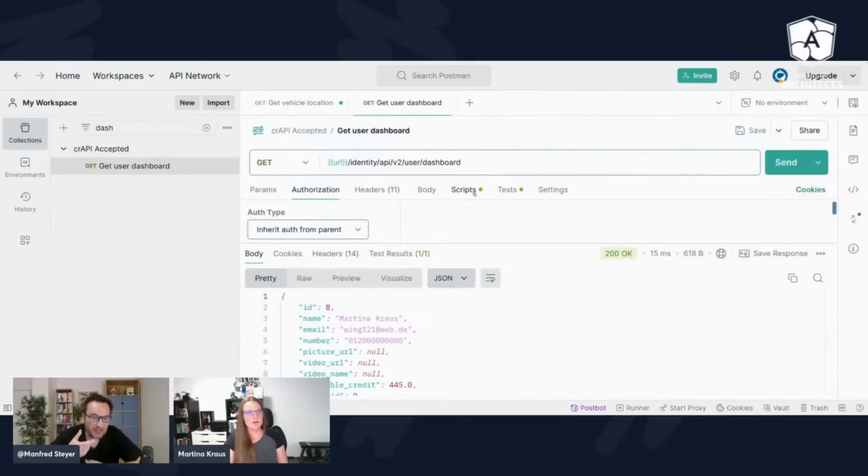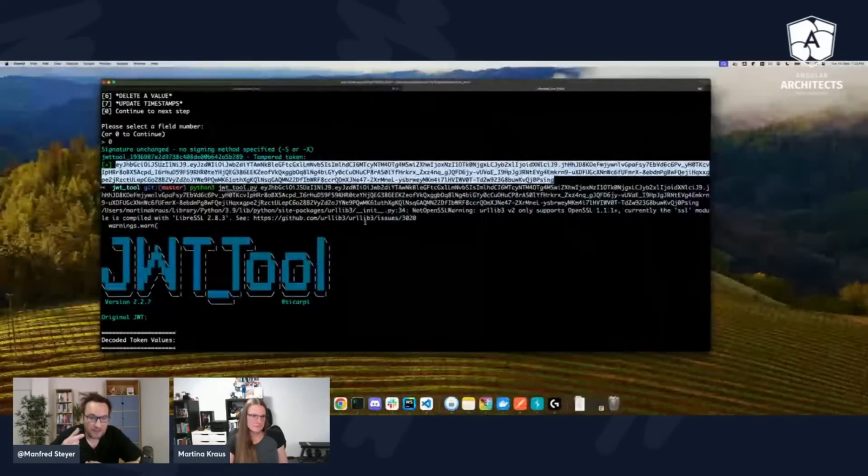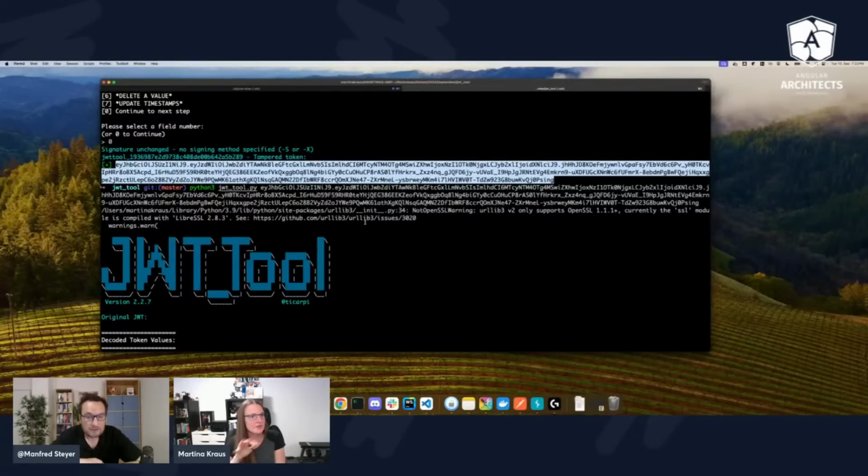Do we need to set the algorithm to none? Because I think this one is signed. In this case, not, because what I try to figure out, you're thinking correctly, definitely, because as soon as I change something, apparently the backend should check the signature and tell, hey, you manipulated the payload, go away and reject the token.